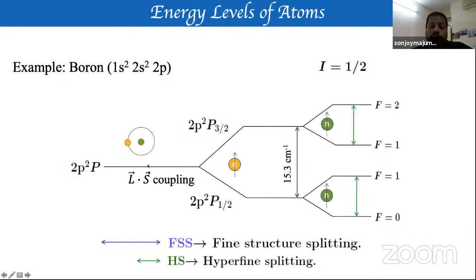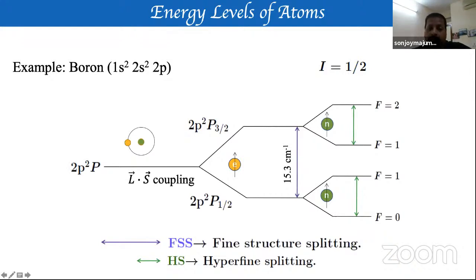They are actually there, and it depends upon the resolution of observation. As you understand, these energy separations are small, and if your detection resolution is not sufficient to resolve them, there's no point to understand them. But nowadays your resolution is very high, and you will be able to observe them separately. So it depends upon your intention of the experiment, and these are all there inside the atom.